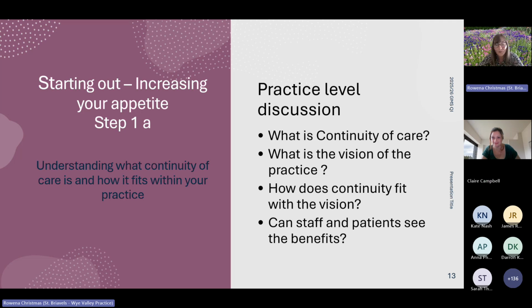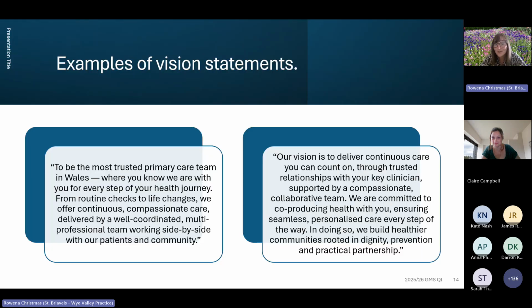But I got thinking about this a bit more with this continuity of care project, and asked a couple of our medical students if they could write a practice vision statement that included continuity. And of course, medical students, being as excellent and able as they are these days, they really delivered. And I like their aspiration. It certainly gives us something to work towards. But we need to consider whether our own practice's ambition for continuity of care fits with this. But I'll read them out because I do think they're really excellent.